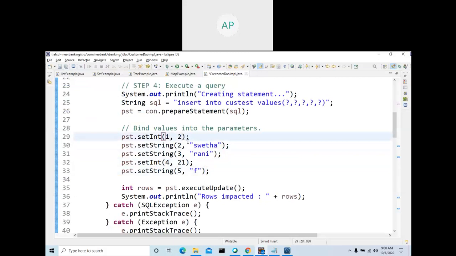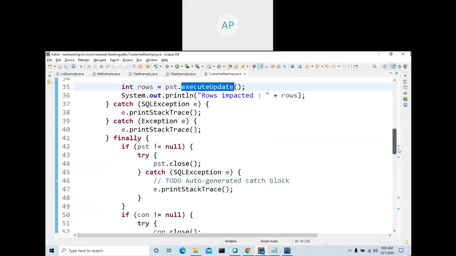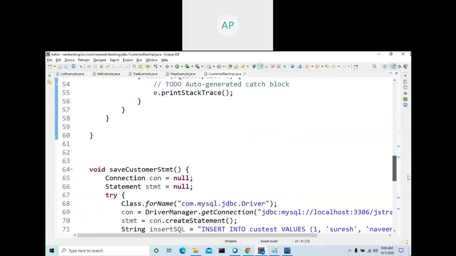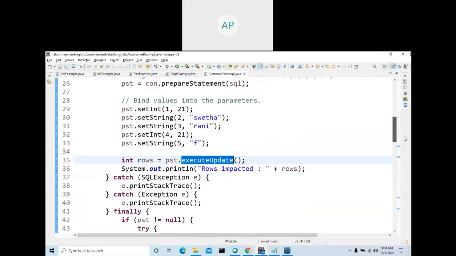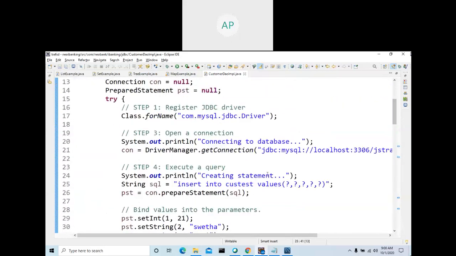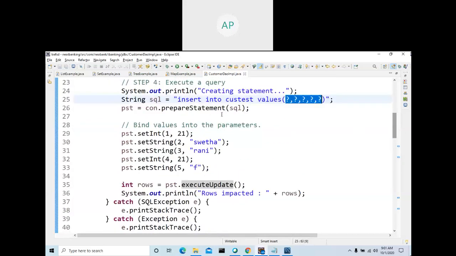So when you go here, 1, 2, 3, 1, 2, 3, 4, 5. Yeah, 5 columns are there. So 1, 2, 3, 4, and 5. This will go to first column, second column, third column, fourth column. Okay. Then execute update. That's all. All other things are same.